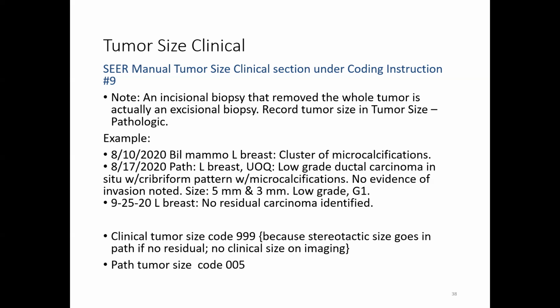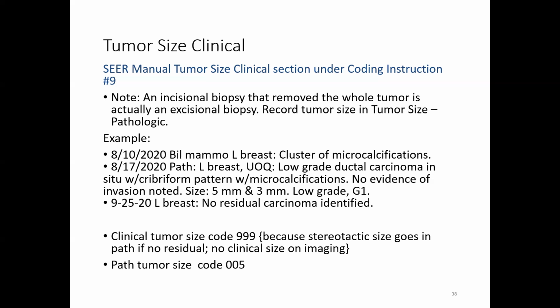So the example they give is the mammogram did not give us a size, it just showed microcalcifications. The path of the left breast upper outer quadrant showed a size of 5 millimeters. And then when they did a resection of the left breast, there was no residual carcinoma identified. So the clinical tumor size then becomes 999 because that stereotactic biopsy, needle core biopsy size goes in path